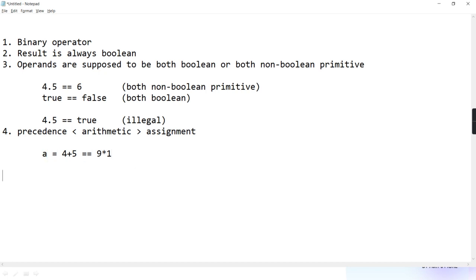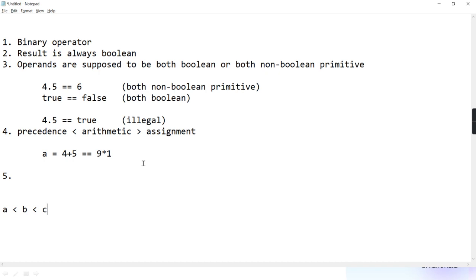Okay? And the next important point you have to remember, this operator has associativity. It is not like a relational operator. Is A less than B less than C legal or illegal, guys?